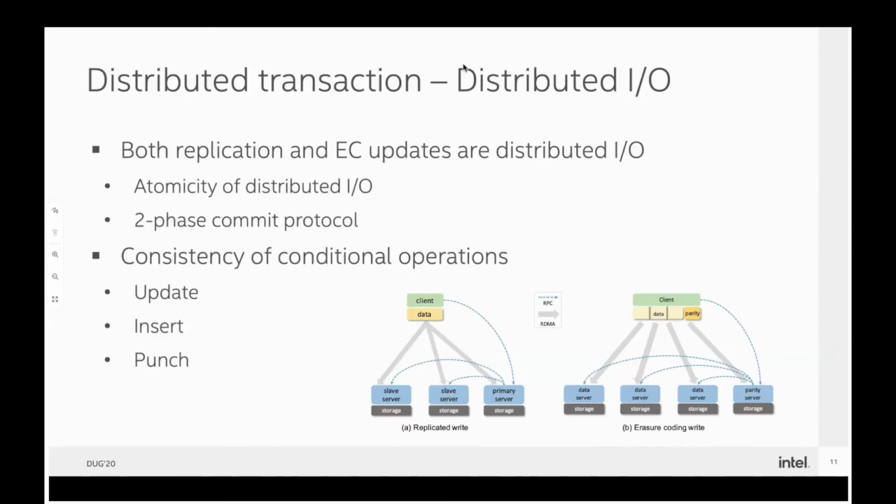So distributed transaction is very important for supporting conditional update, because otherwise, for example, different replicas can get different execution results if there is a race. And if there is no transaction support, replicas can end up with inconsistent status. And now, because we implemented our two-phase commit-based distributed transaction, we can support this conditional operation already.